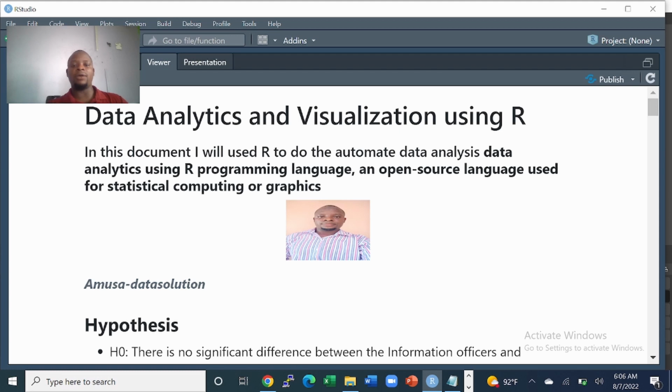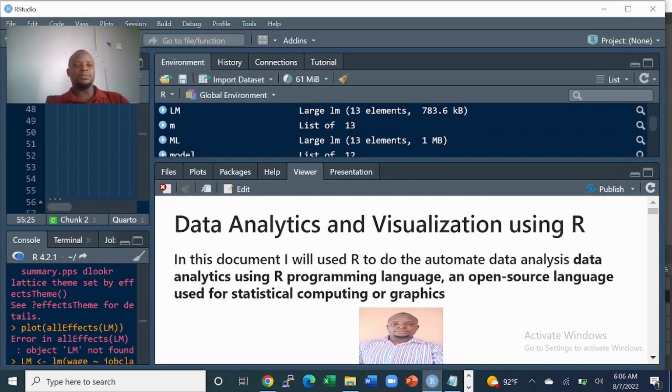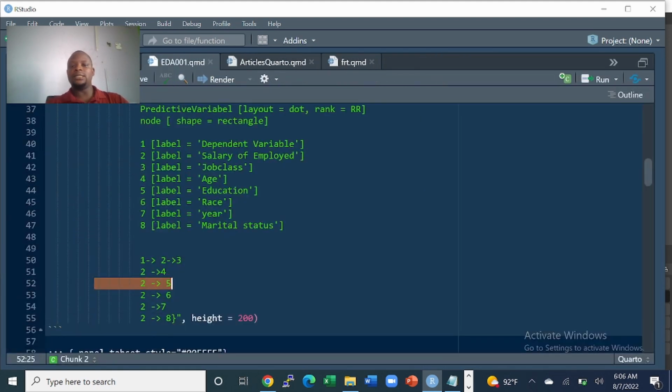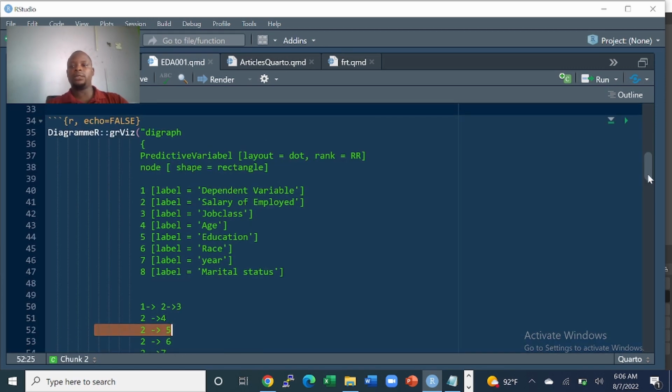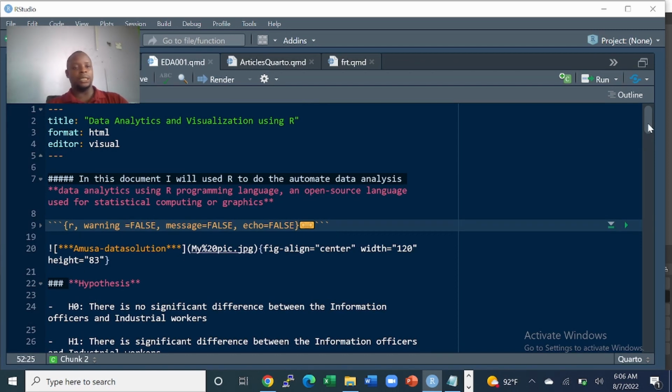So as I told you, this is an output generated from the R program. Let me take you to the code editing environment so you can see it and understand how the logic is taking place. So this is my R Studio console. Let me maximize the environment so you can see it clearly. This is the R Studio environment using R Markdown documents to produce my output as you saw previously. So the first segment is I started with